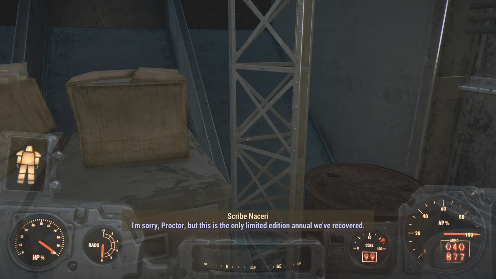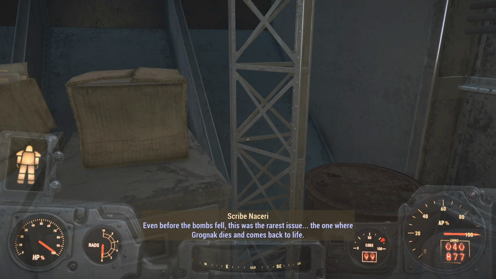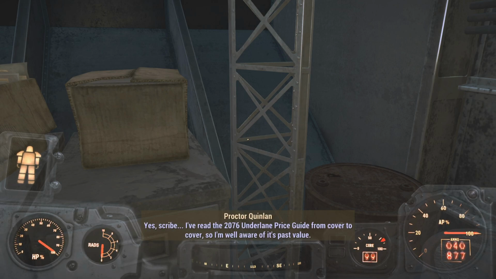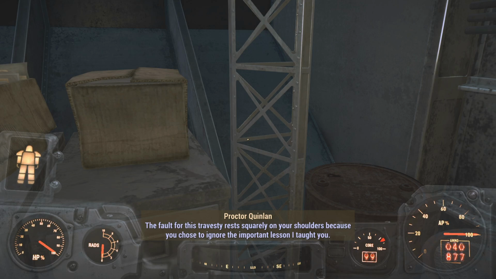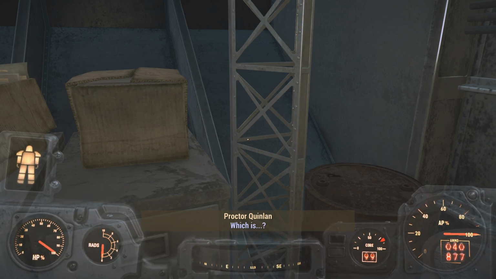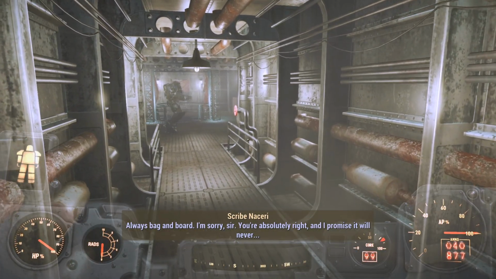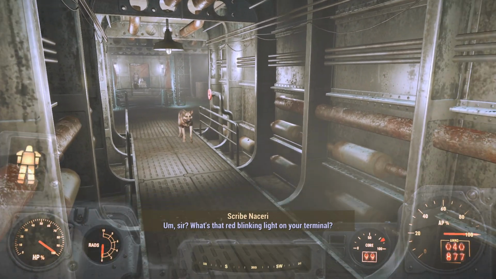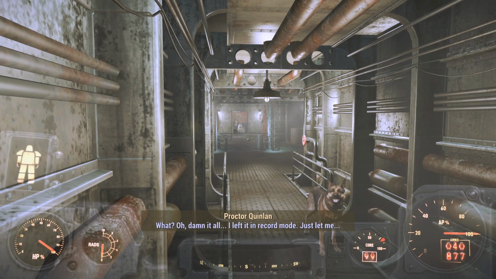Greetings, I'm Paladin... sorry, Proctor. And congratulations on the annual promotion. You wouldn't be here before the bomb fell, would you? Yes, Scribe. I've read the 2076 Underlane price guide from cover to cover, so I'm well aware of its past value. The fault for this travesty rests squarely on your shoulders, because you chose to ignore the important lesson I taught you. Which is... Always... I'm sorry, sir. You're absolutely right. And I promise it will never... Sir? What's that red blinking light on your terminal? What? Oh, damn it all! I left it in record mode. Just let me...